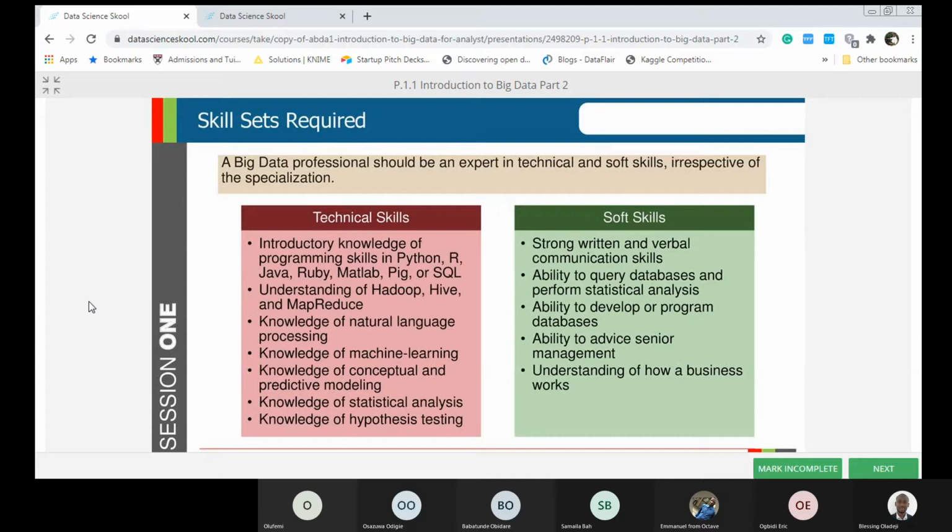Now, how do you become an expert? Of course, you need to work on many projects. You need to work on at least maybe 2 or 3 projects before you can say you're an expert. But to go from ground zero to intermediate, that can be completed in 1 week. And it's simple. Programming languages come with a set of commands. It's just for you to know what are the commands that you need to perform a particular operation.